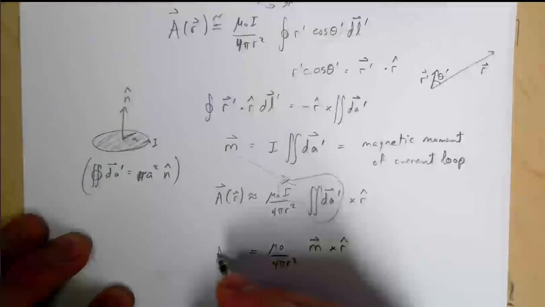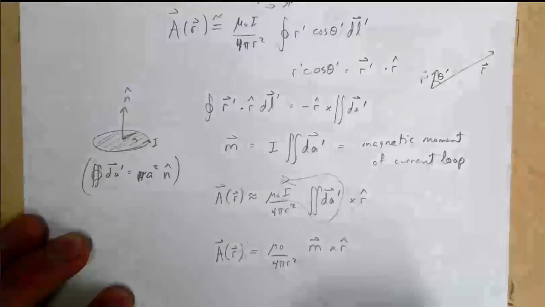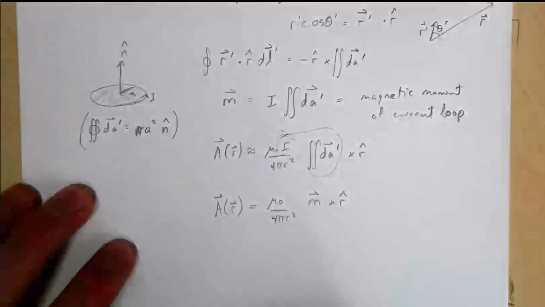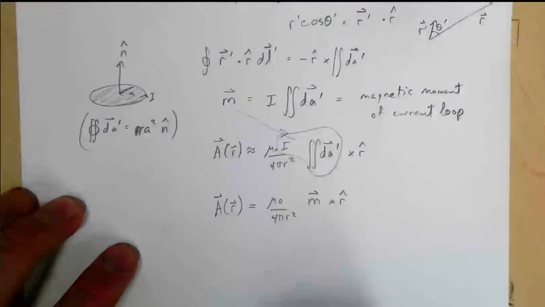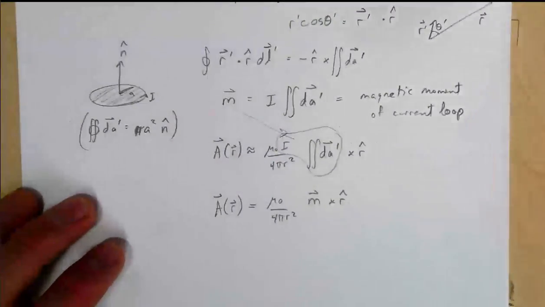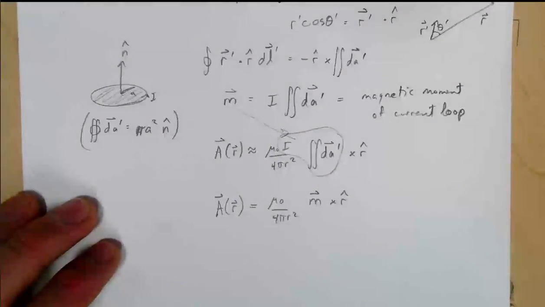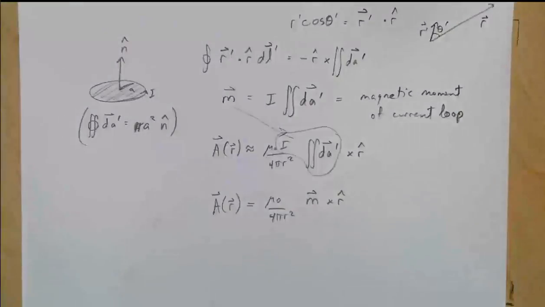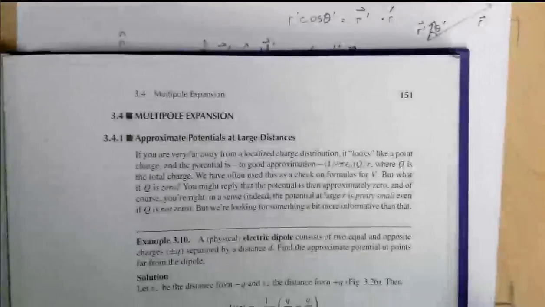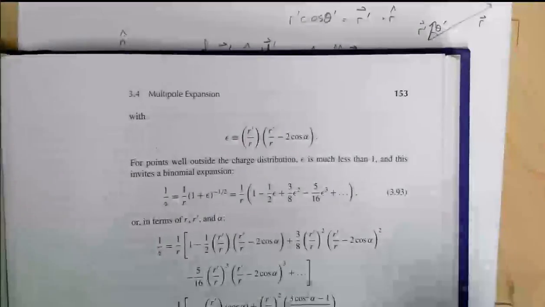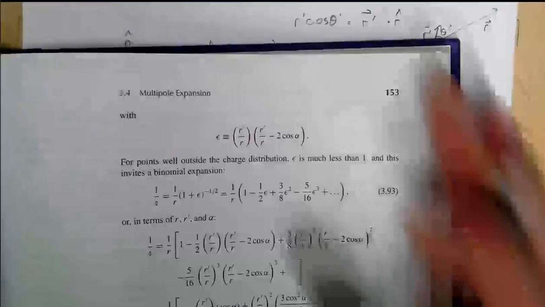So many of you have been asking me, what is the meaning of this A, and how do I think about it, and what does it physically mean? You've seen basically this kind of thing before. In fact, let's flip back to chapter 3, with the multipole expansion. Yeah, here we go. So in chapter 3, we were doing multipole expansion, and we ended up getting, look